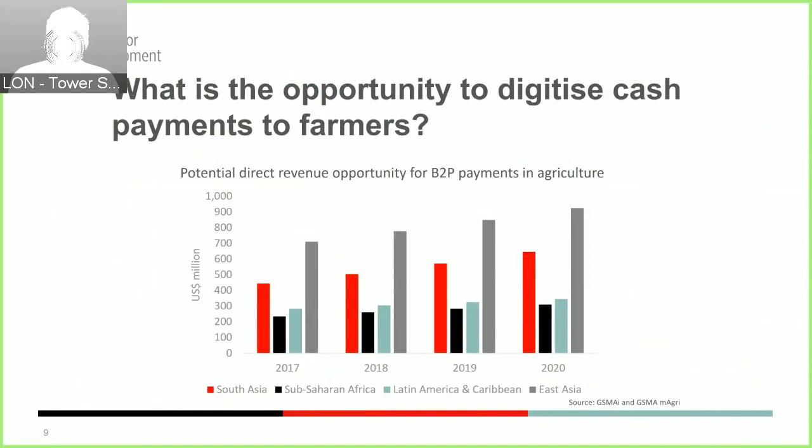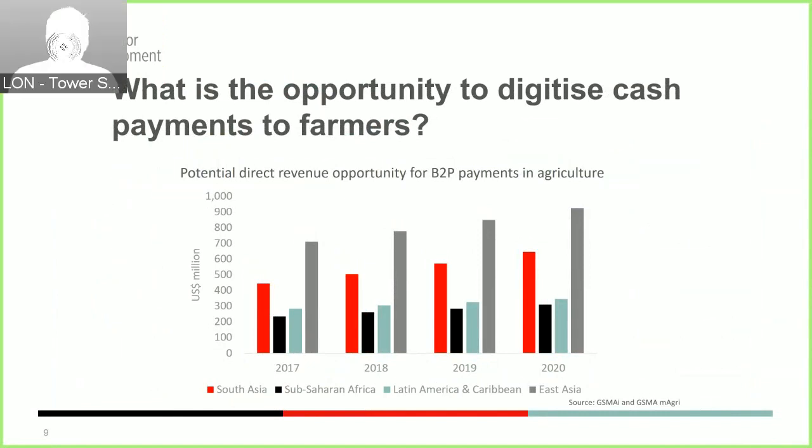This could represent a significant chunk or a promising part of revenues for mobile operators, about 1.2% of total recurring revenues from MNOs, from mobile operators in developing countries, which are our key regions. So breaking down the number again by regions, this means about 900 million in 2020 in developing markets in East Asia, just over 650 million in South Asia, 350 million in Latin America and the Caribbean, and about 300 million in 2020 again. So we're talking about the end part of the forecast, the opportunity in 3 or 4 years or so, and 300 million in 2020 in Sub-Saharan Africa.